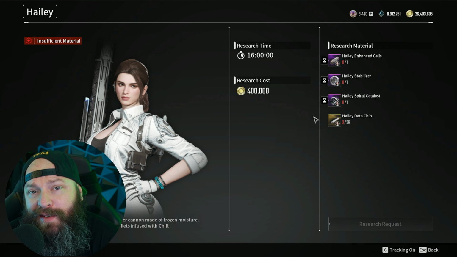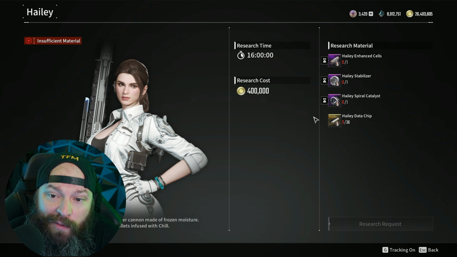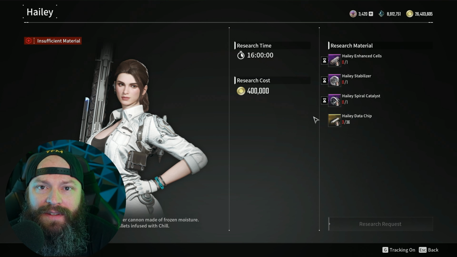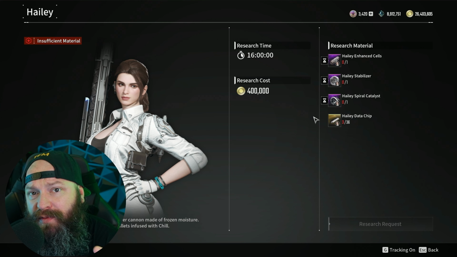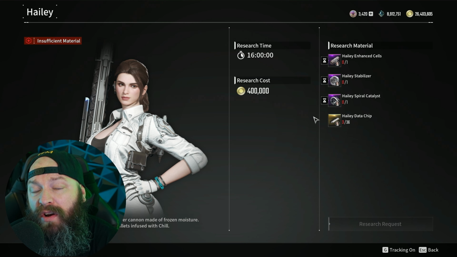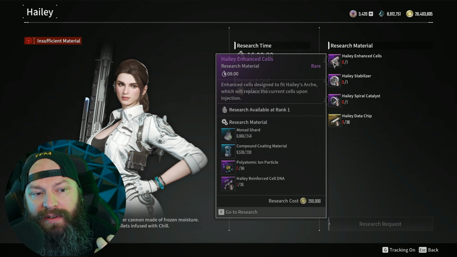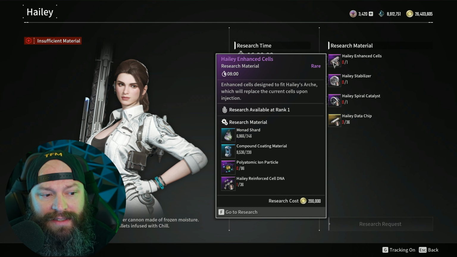We finally have the season 1 patch for The First Descendant, and with that of course the brand new Descendant, Hailey. Now the way that you unlock her is slightly different to the way that we have been unlocking Descendants up until now. And pretty much if you go look at her research tab, you'll notice that amongst the normal